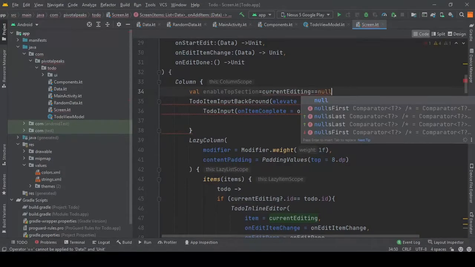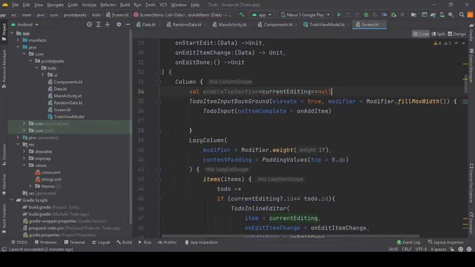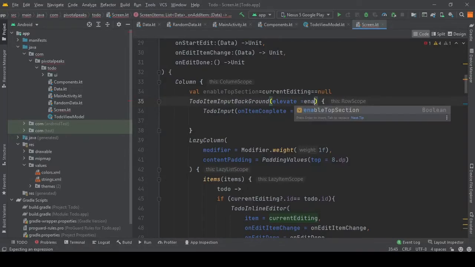So let's check it. So if the currently editing is null, then we will show the to do input. So let's modify our to do item input background. So we are going to get rid of our modifier, and we will assign elevate to enable top section.